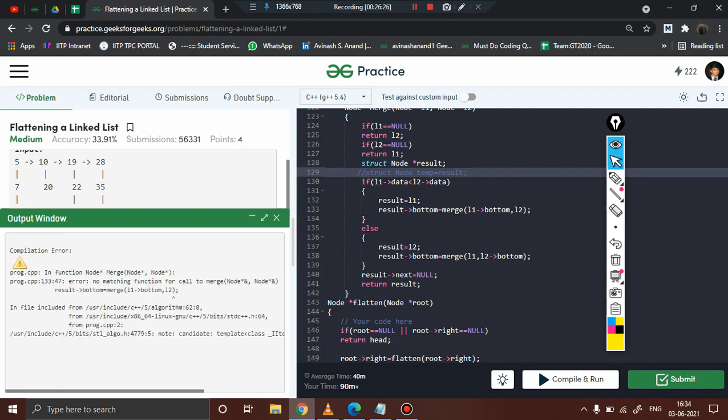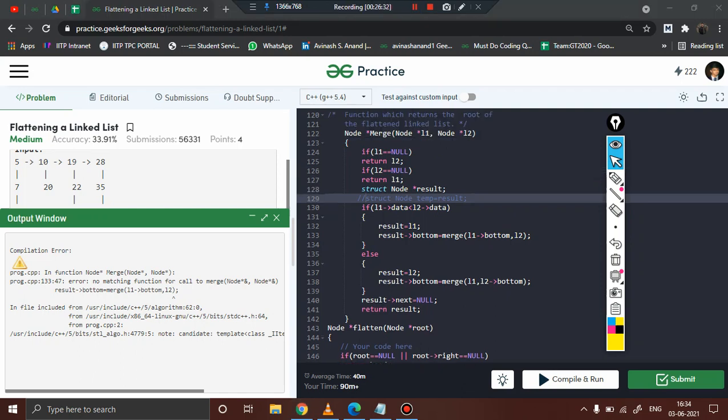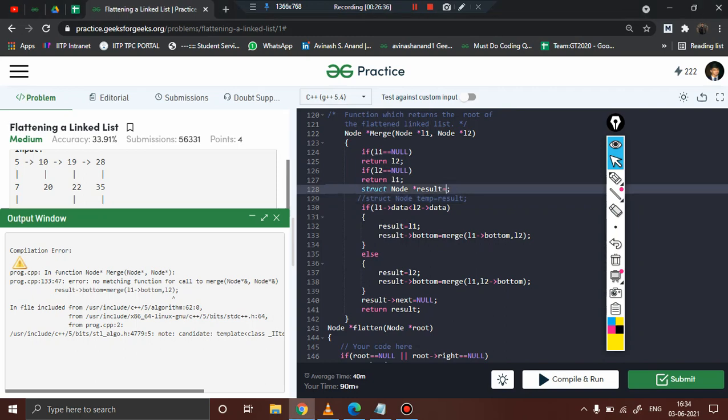What is the problem? Okay, let me see, some syntax errors are playing up. Alright, I have basically declared a dummy node, so I should write struct node star result equal to malloc. I should allocate space, right?